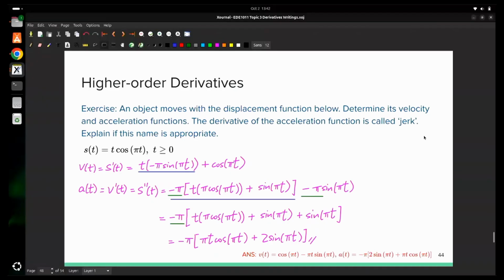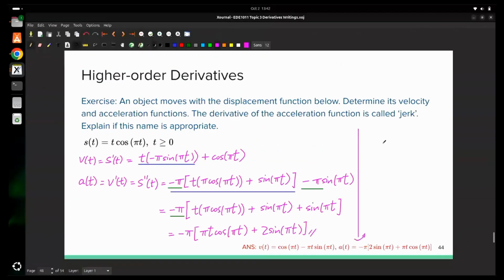If you were to differentiate acceleration one more time, then you're going to get this thing called jerk. So j of t is a prime of t. If you differentiate one more time, you're going to get jerk. But there's no need to do so. The main thing is, why is the derivative of the acceleration called jerk? You need to use your imagination a little bit, right? So imagine,